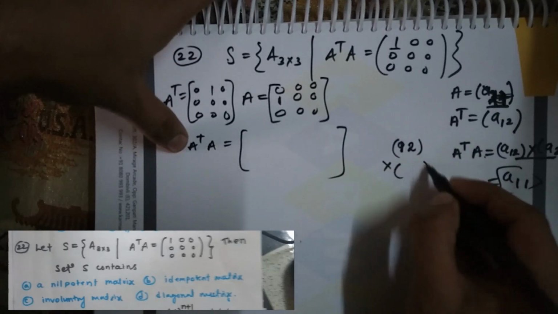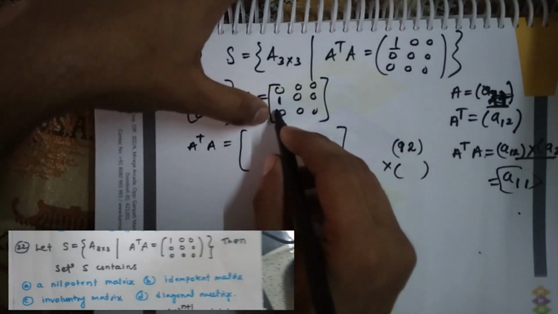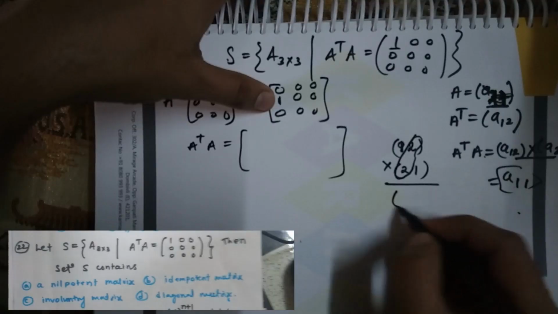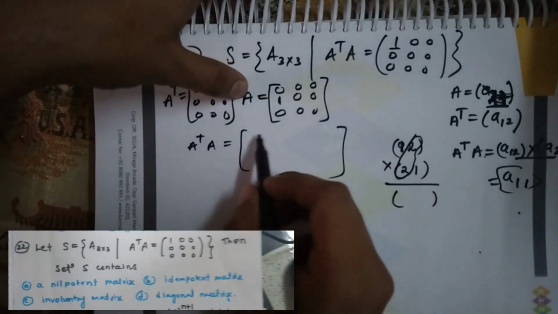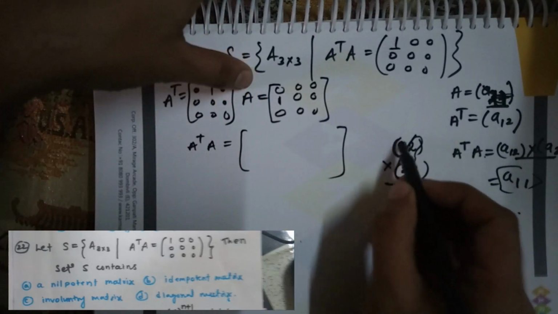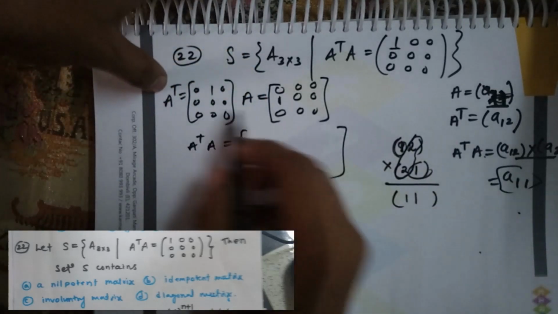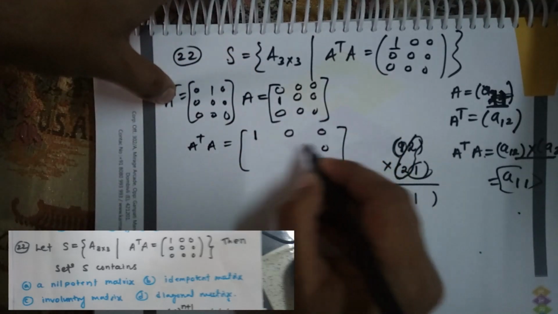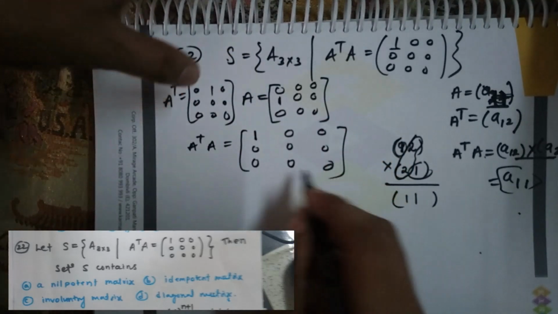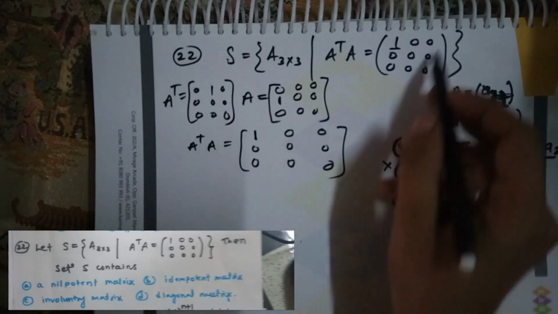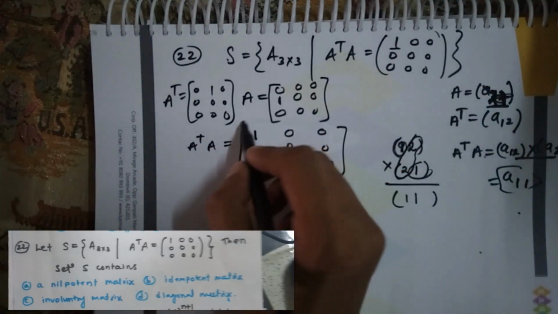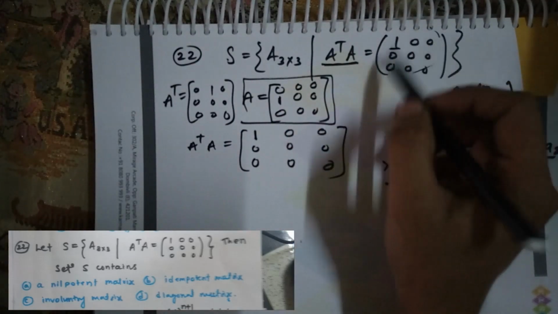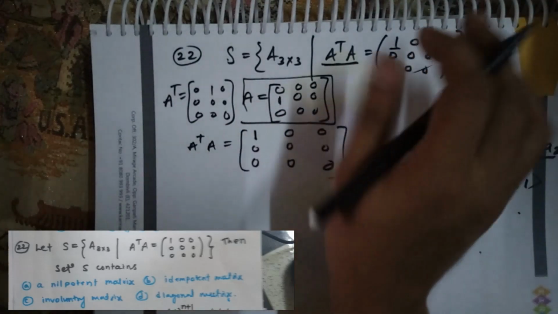What is the non-zero entry in A? What is the position of the non-zero entry in A? It is A21. You just write the final position where the resultant matrix has a non-zero entry, so it is nothing but A11. You can actually multiply, and you will see that this is the non-zero entry and all the rest of the entries are going. Now see, A transpose A is equal to this matrix, which means we got one matrix A such that A transpose A gives this matrix.